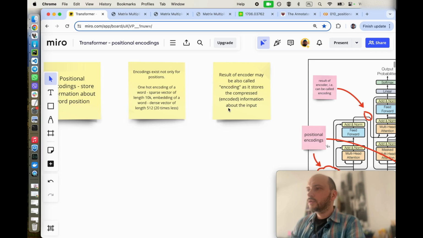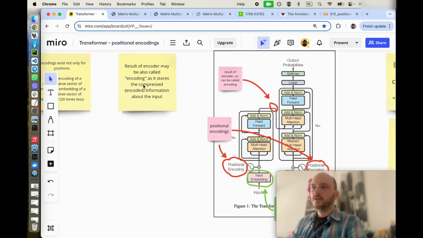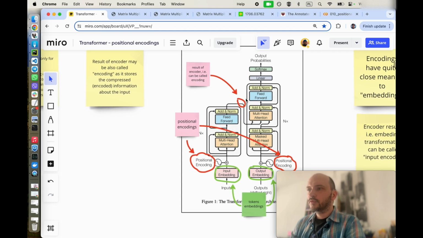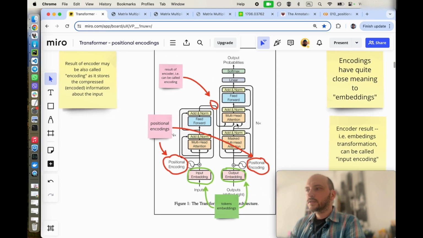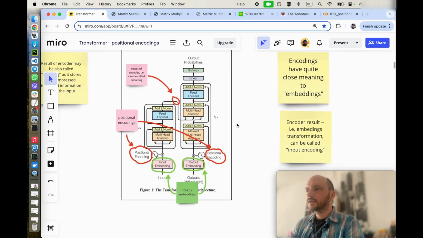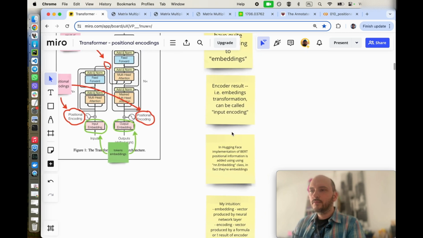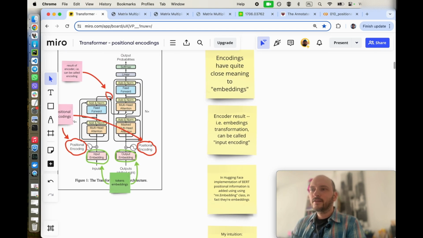And also, I've heard that the result of the encoder is sometimes referenced as encoding. So in the transformer architecture, this block, which is the encoder, produces some vector, and this vector, the output of the encoder, may be referenced as encoding, which is a bit confusing, because my basic intuition was that encoding is a simple thing that is produced by a formula, and embedding is a more complex thing that is produced by a neural network layer, which is in many cases correct, but this result of the encoder being referenced as encoding confuses